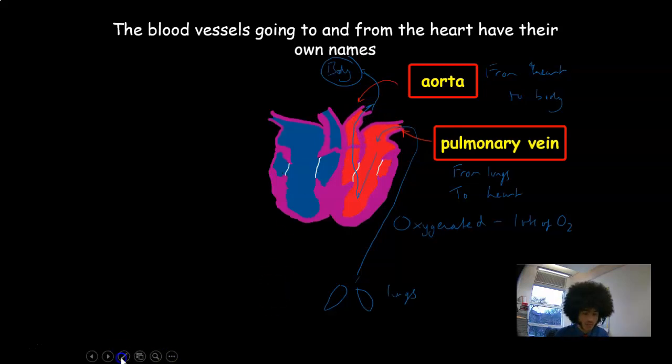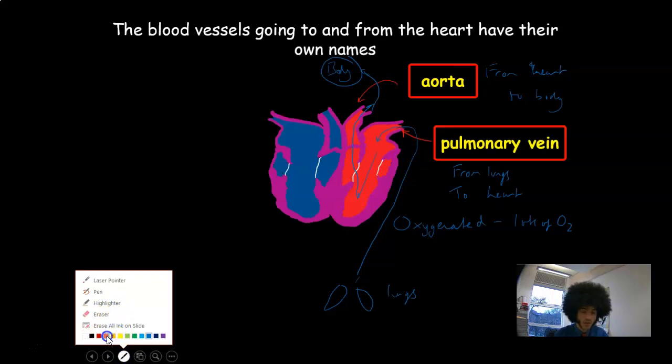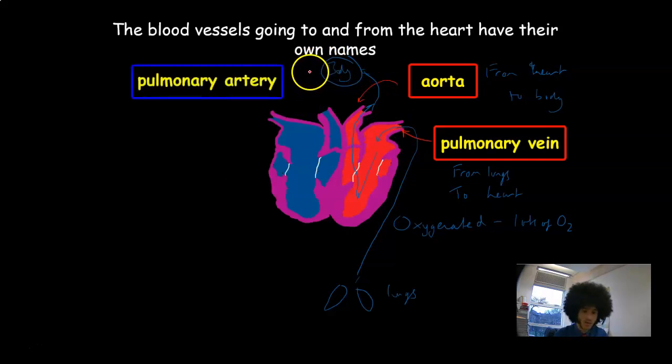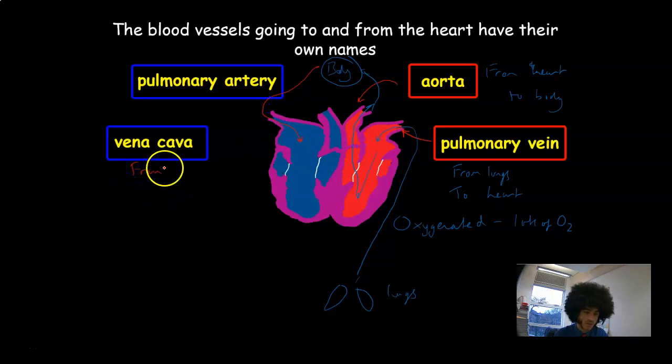But as soon as the blood goes to the body and it does respiration, it's going to need more oxygen because it's been used up in respiration. So that blood then has to go back to the heart. Now it goes back via the vena cava. So it's going to go over here and it goes into the vena cava. The vena cava goes from the body to the heart. And then from the heart it is going to be pumped out again in order to go back to the lungs. The pulmonary artery's job is to send blood from the heart to the lungs, and it's going to the lungs in order to pick up